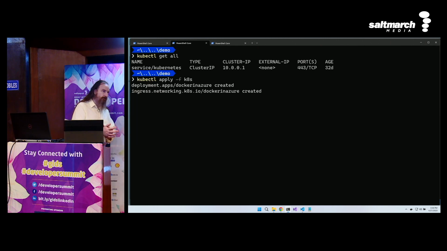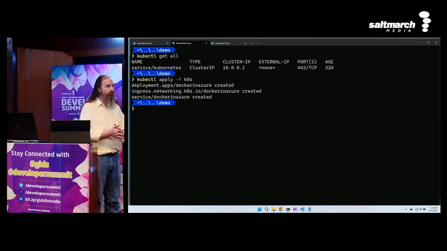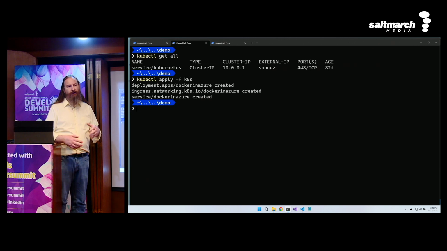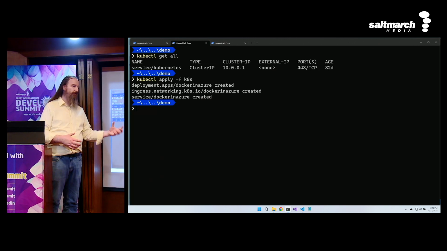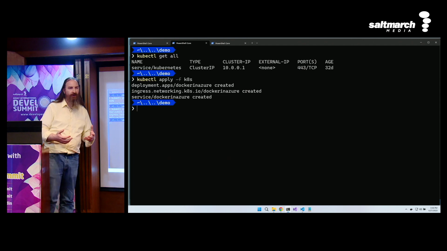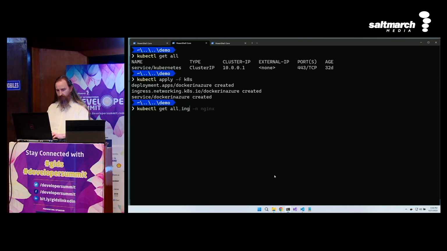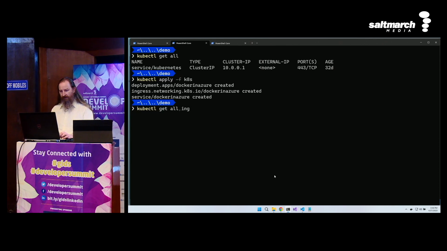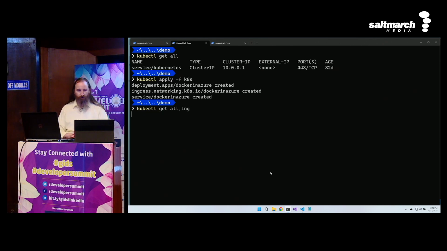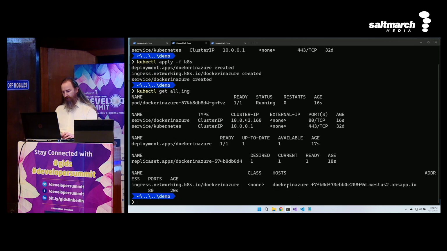And now my container from our Azure container registry will automatically get pulled into my Azure Kubernetes Service, and I'll have this app running. kubectl get all. Now it does take a minute for DNS to update, so it will show us the public URL for that website, but it's going to take a while to get there. So we may choose to just port forward into that Kubernetes.